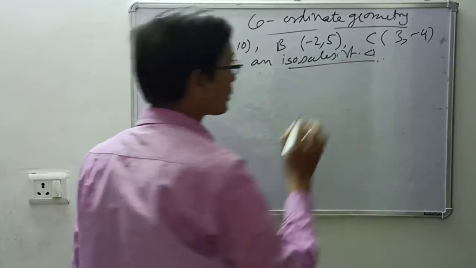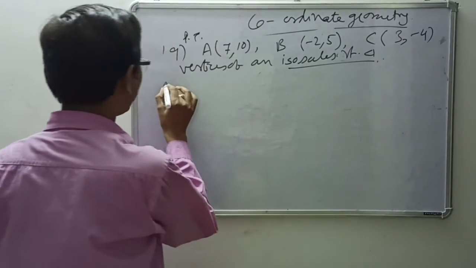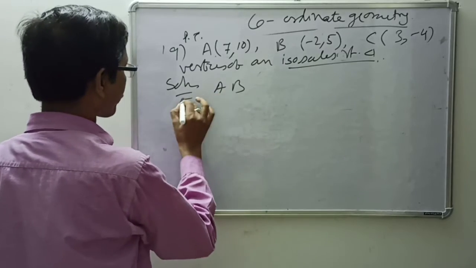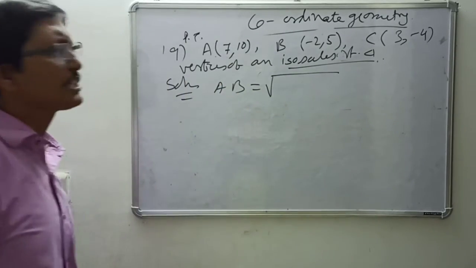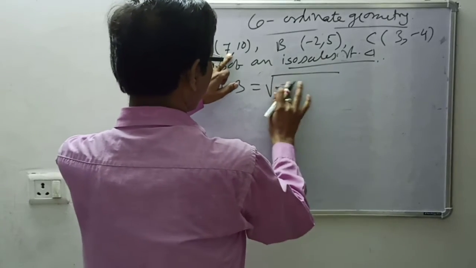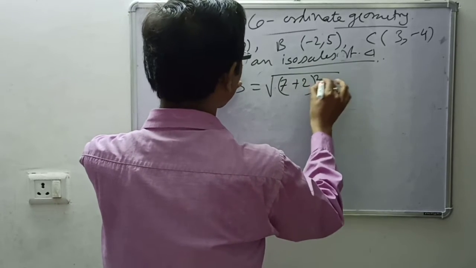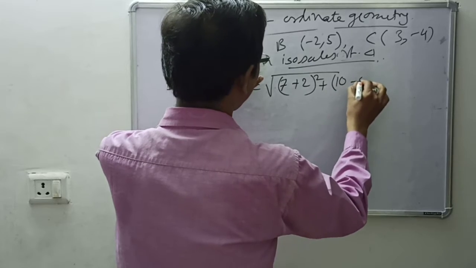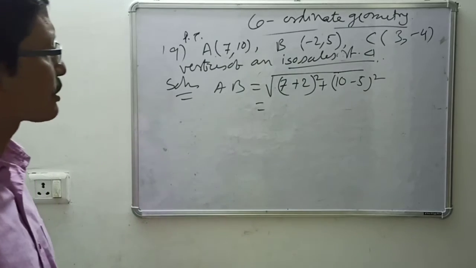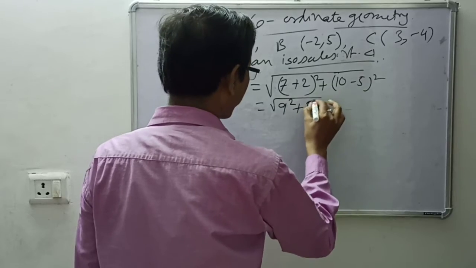So two things to be proved. So that's why first of all, suppose 3 vertices you have A, B, C जैसे भी हो, so that's one. First you will find out A and B, these 2 points. Anyone you can take as the x1, y1. First इसको यदि हम लोग सोचे 7 minus plus 2 का whole square plus 10 minus 5 का whole square. So what it will be? x2 minus x1 square plus y2 minus y1 square. तो 9 square plus 5 square.